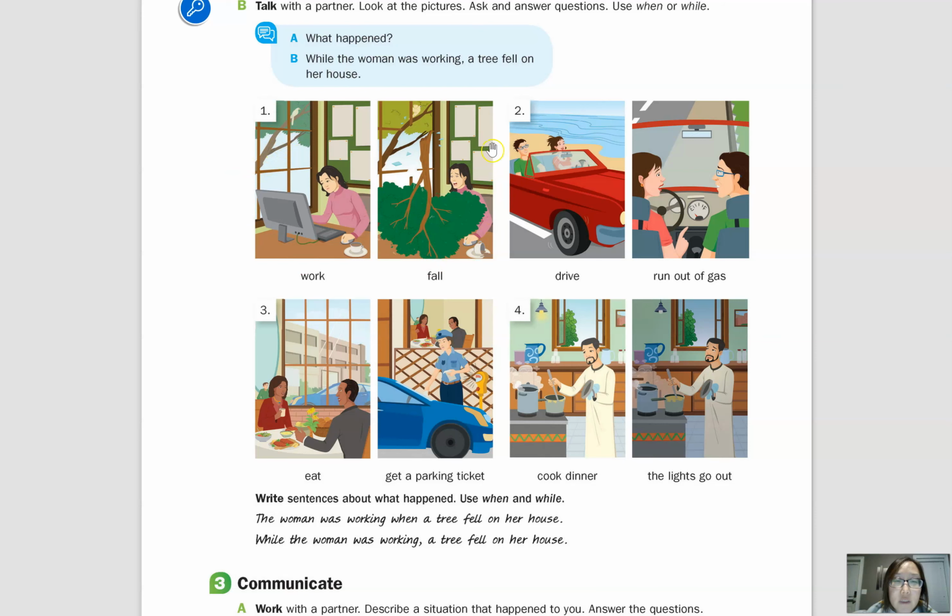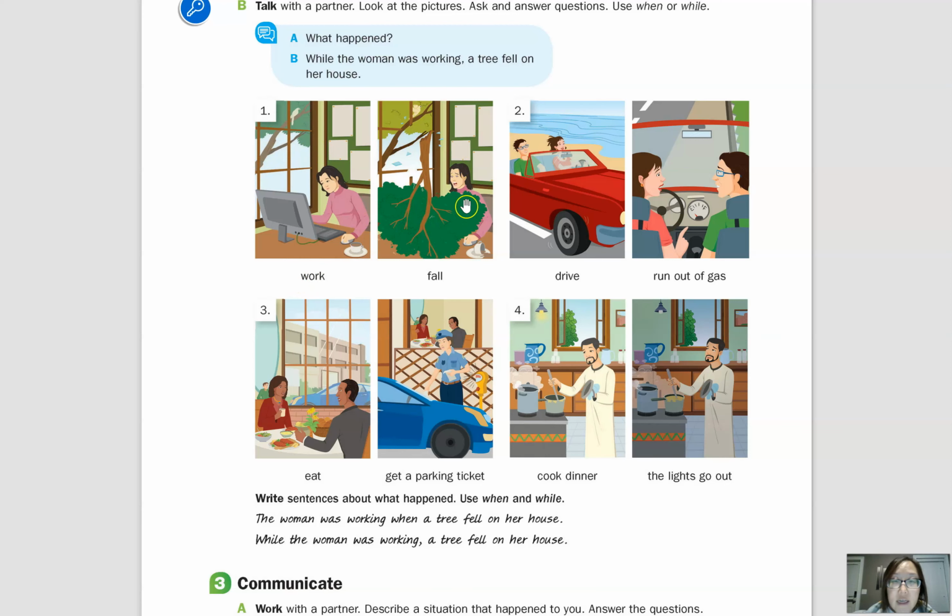So let's look at this first set of pictures. We can see that there is a woman working, and then we can see a tree. Now you can see this verb says fall. Now it makes more sense to say the tree fell because it's a sudden event. Now, the woman was working. This is a continuous event, so it makes sense to use the past continuous with this activity